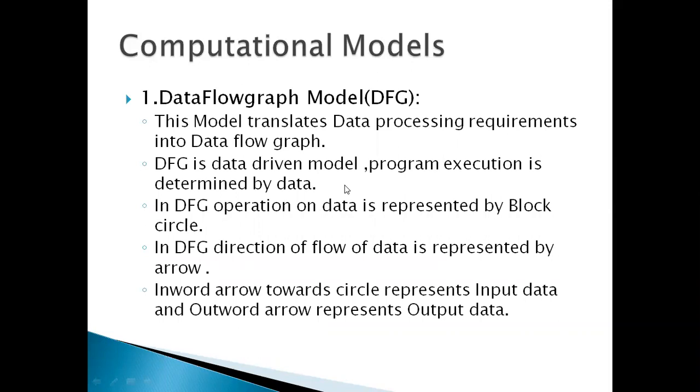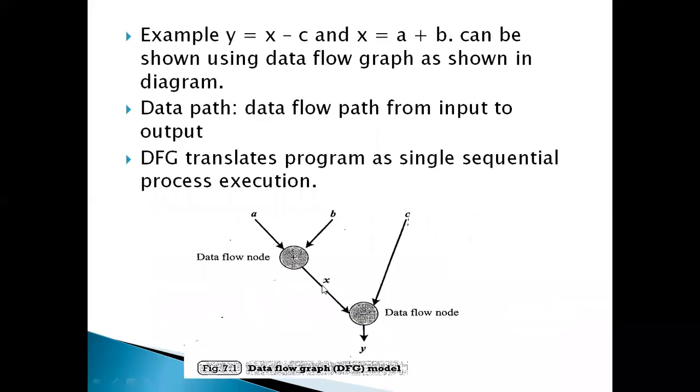So here we will see the diagram. This is the example of the data flow graph model. In the data flow graph model, the operation is done by this circle. Here the operation is addition, and here it is subtraction. So minus it is, this is plus. In order to perform a particular operation, like for example y is equal to x minus c and x is equal to a plus b, first x is equal to a plus b is computed.